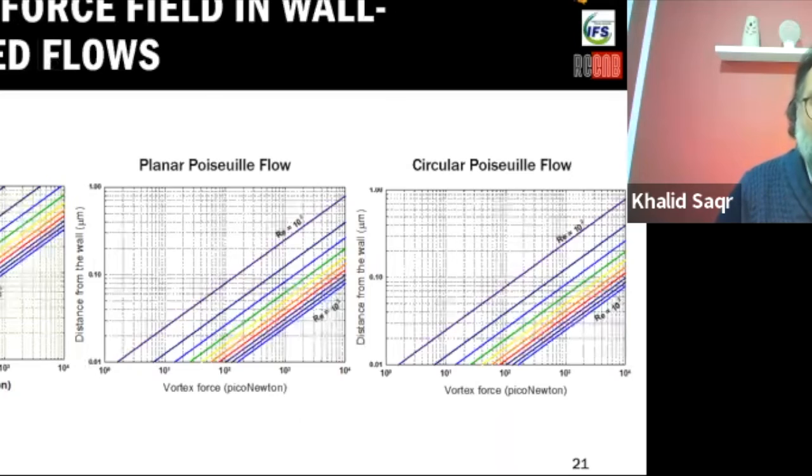So you can see that in Womersley flow and planar and circular Poiseuille flow, and in the physiologic Reynolds number regime from 100 to 1000, the vortex force, which you can think of as a force normal to the wall, oscillates with time. It's like a continuous hammering to the wall. But because Womersley and Poiseuille flow are steady flows, there is no time derivative here. So you can see that they have the vortex force field in both flows. It has